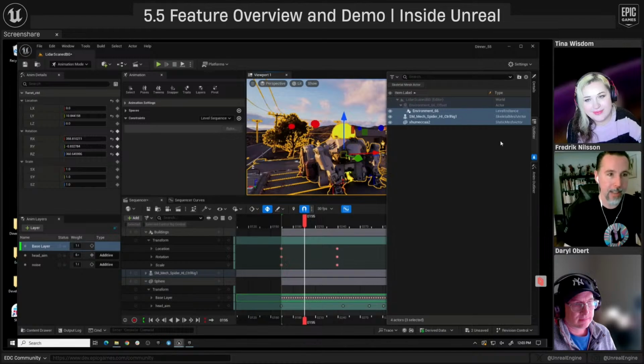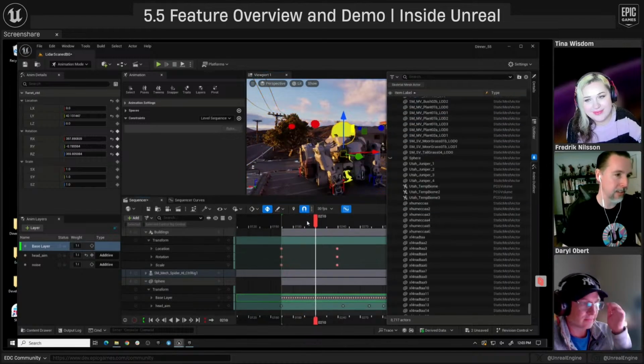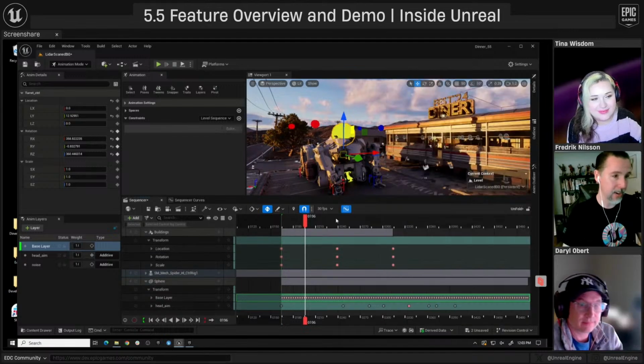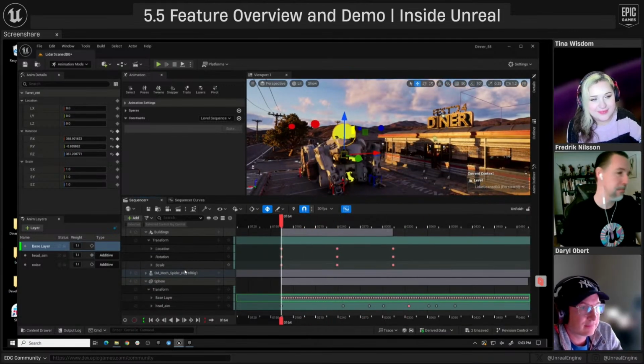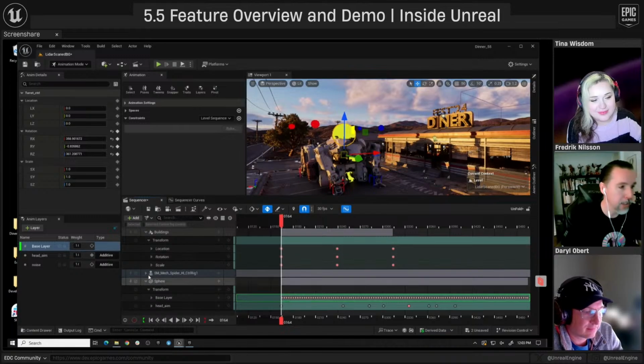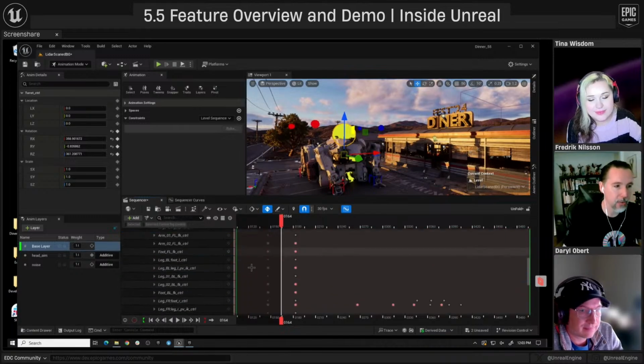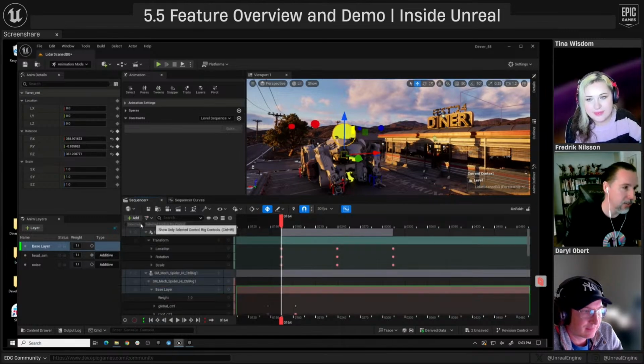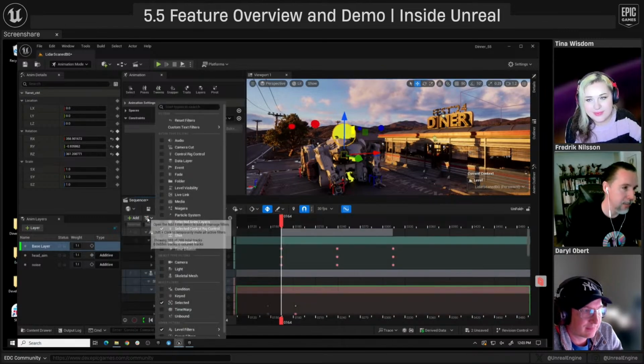So anyway, we were mimicking that behavior in the sequencer because the sequencer can definitely get a bit overwhelming at times when you have lots of characters, cameras, props, you name it, a bunch of controls in the characters. You can get into a really long list of a lot of stuff. So that's what the selected control rig controls filter and selected filter do. Those are the main ones I use.